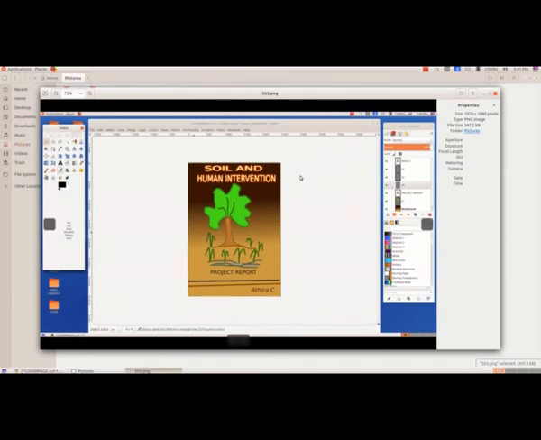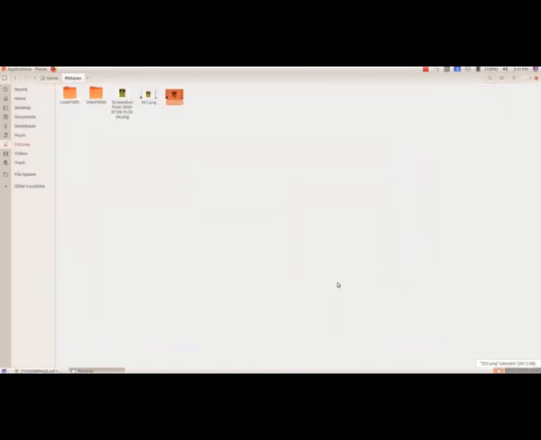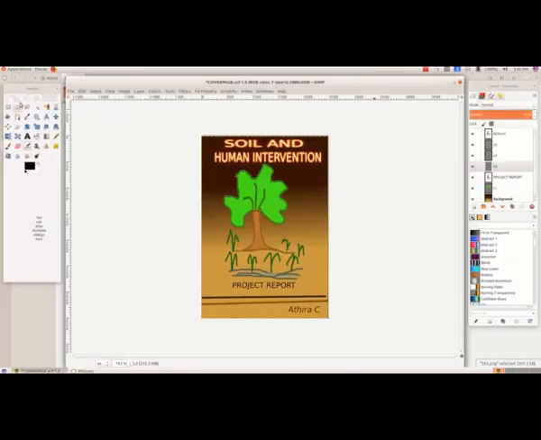So here we got toolbox, this logo is there, the whole cover page is there, and then the layer window, everything, the whole window is there. And now we will see the second option.